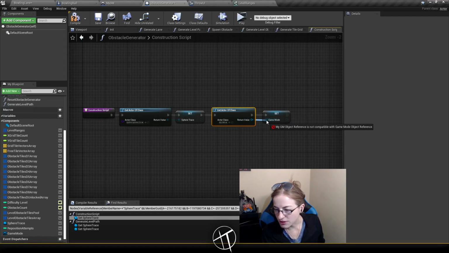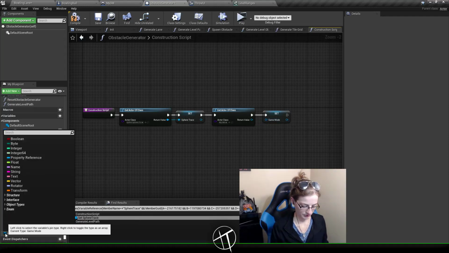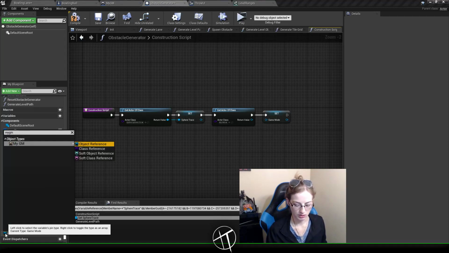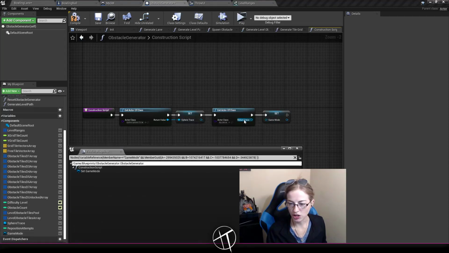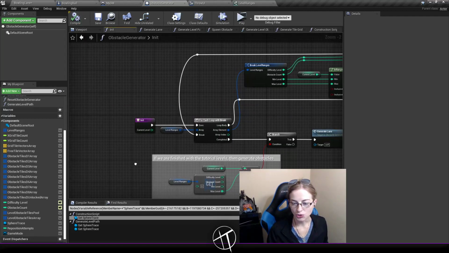GM object reference is not compatible with game mode object reference. Oh, I did it wrong. That's correct. Hold on. There you go. Change the variable. Now it's compatible. Okay, save this, compile this. Go over into, dude, don't jam on me. Thank you. So now we're over here,